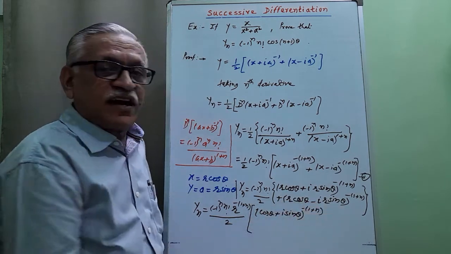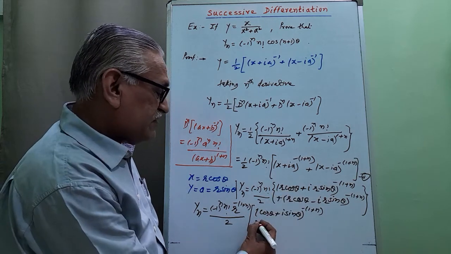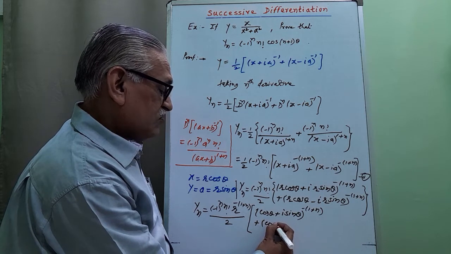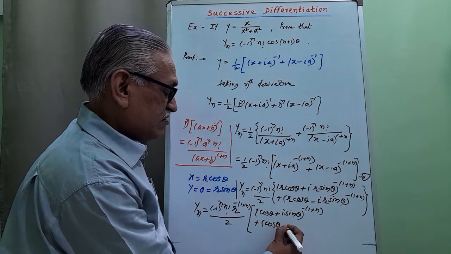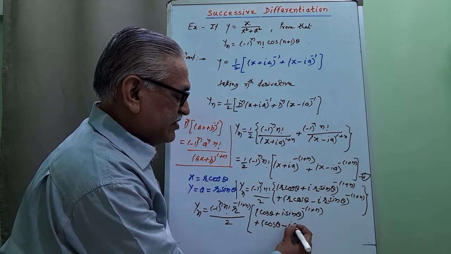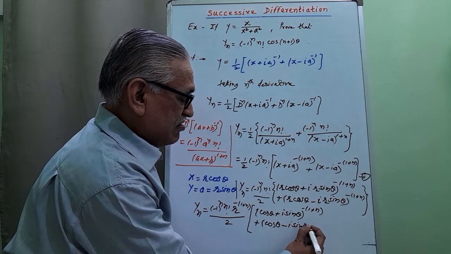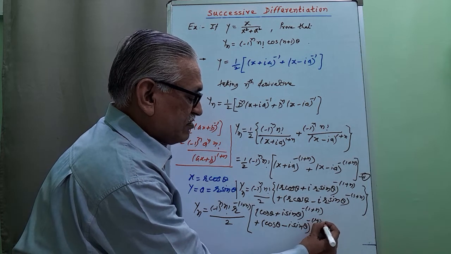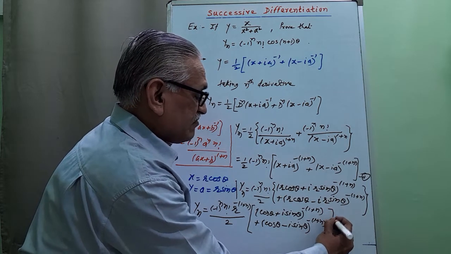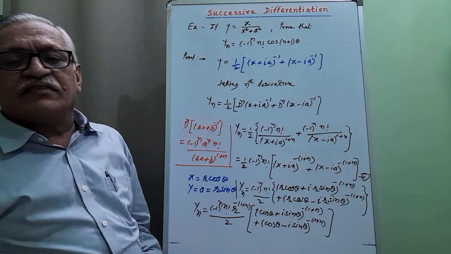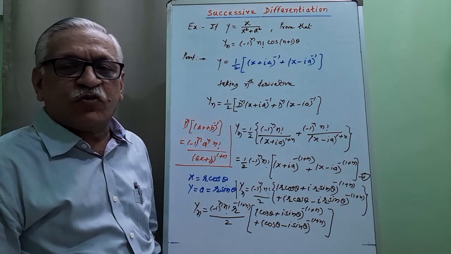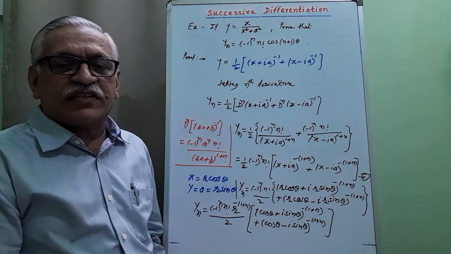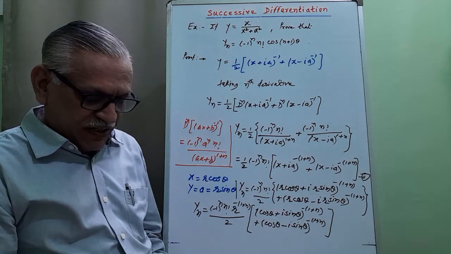From this also I can take r common. Remaining term is cos theta minus I sin theta, and this bracket raised to minus (1 plus n). And then we apply one important theorem from complex numbers. (Cos theta plus I sin theta) raised to n, by de Moivre's theorem we get equal to